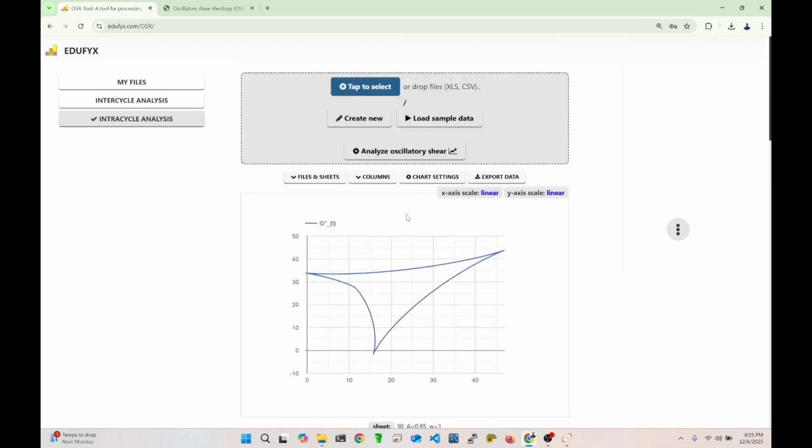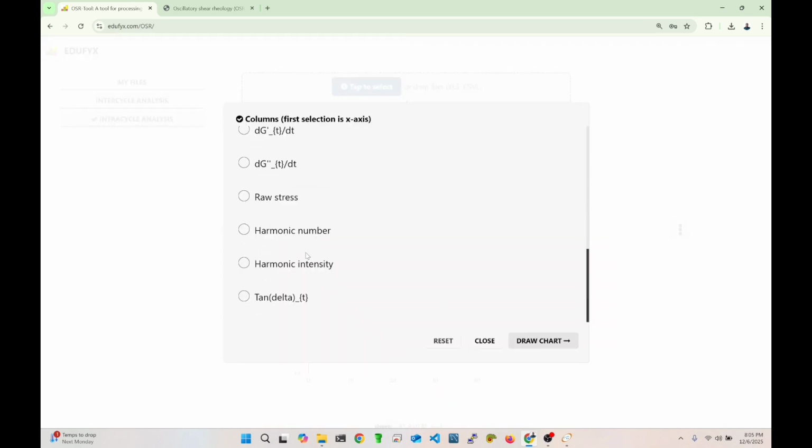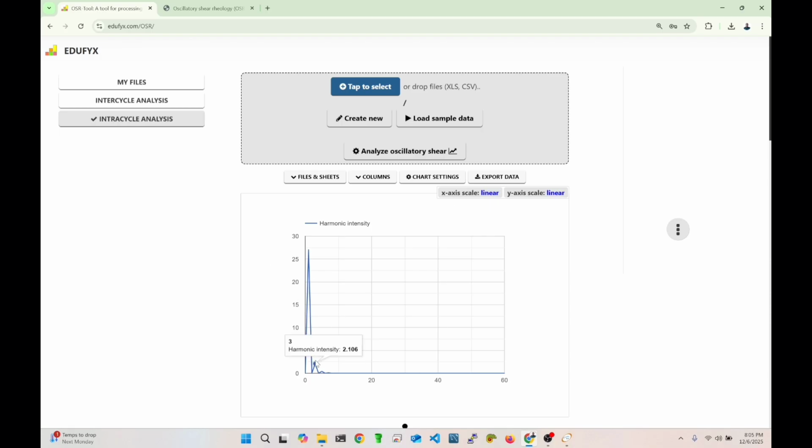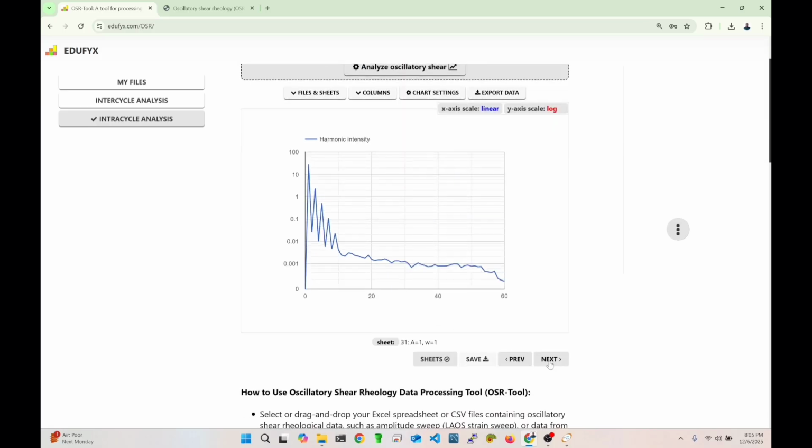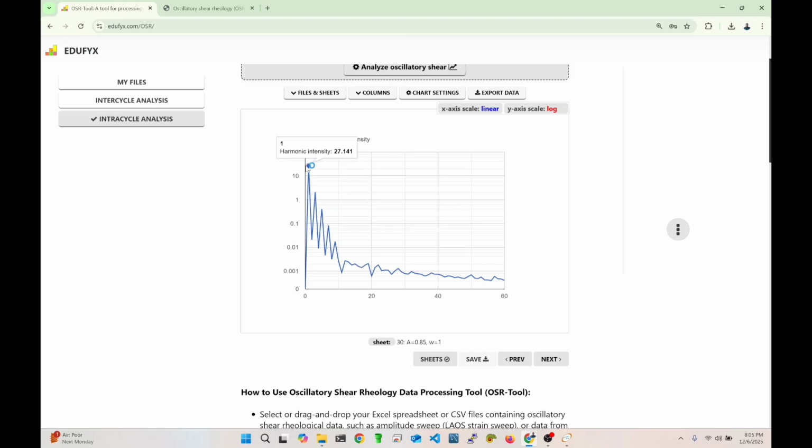And then let's try the harmonic number and harmonic intensity. In this case, it's better to present the y-axis as log. If you do that, you can see clearly the harmonics. So this is the first harmonic, the third harmonic, the fifth harmonic, the seventh harmonic, and the ninth harmonic. You see that at high strain amplitude, what strain amplitude is this? This is 85%, right? If I'm correct. So you have all these